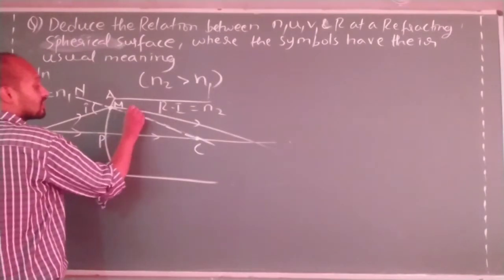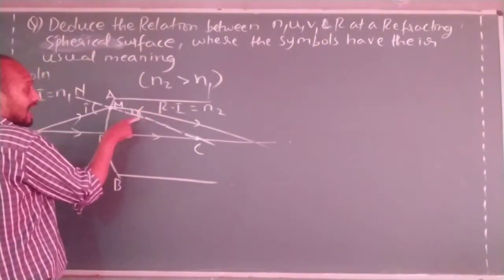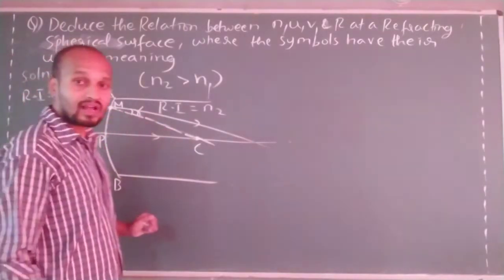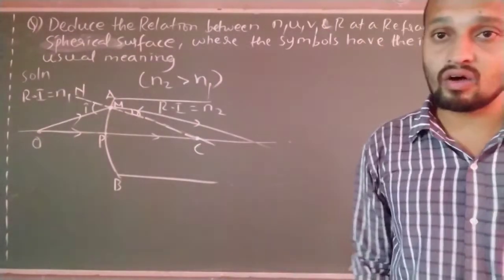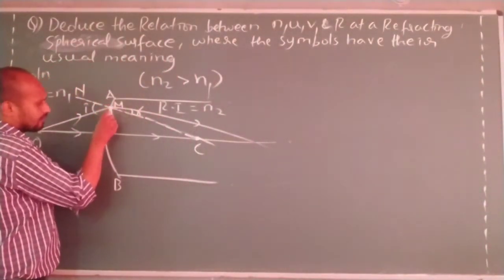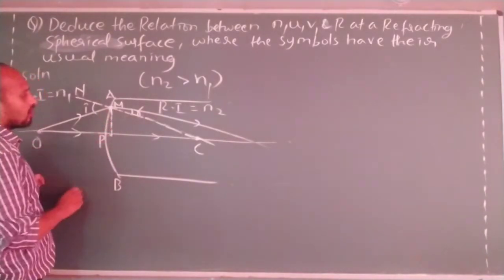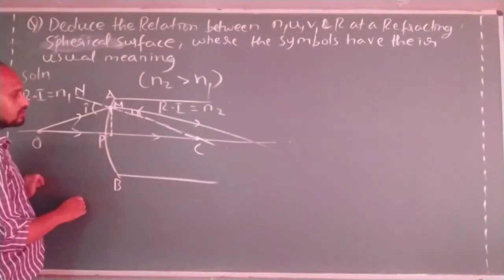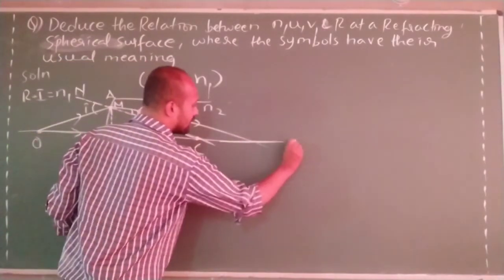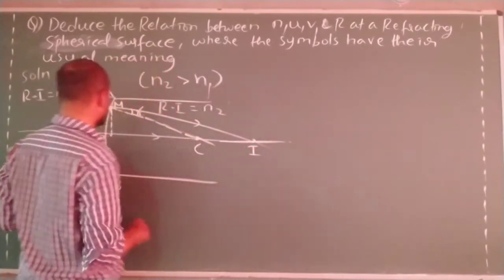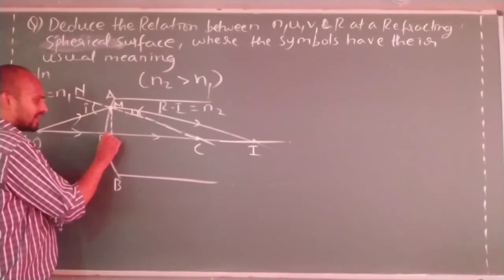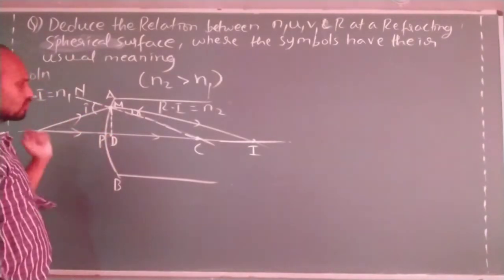So this angle, the angle a light ray makes with the normal line, we call angle of refraction. Okay? That is angle of refraction. Let me draw one perpendicular line here. Where they are joining, I call it as I. Let us call this point as D. I am joining one vertical line.